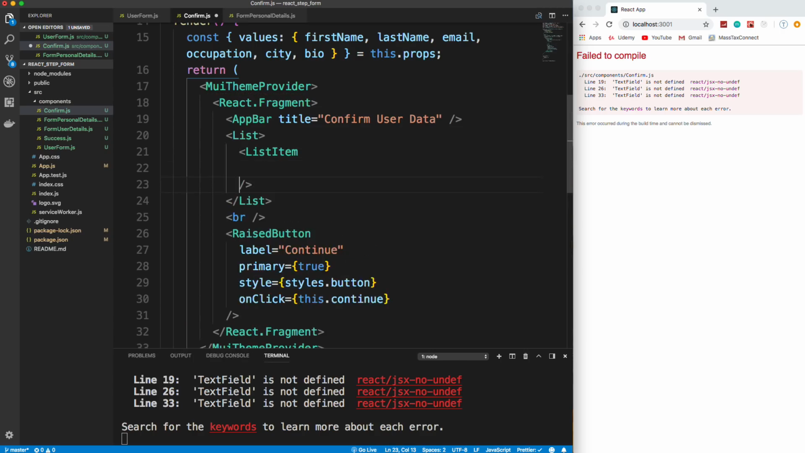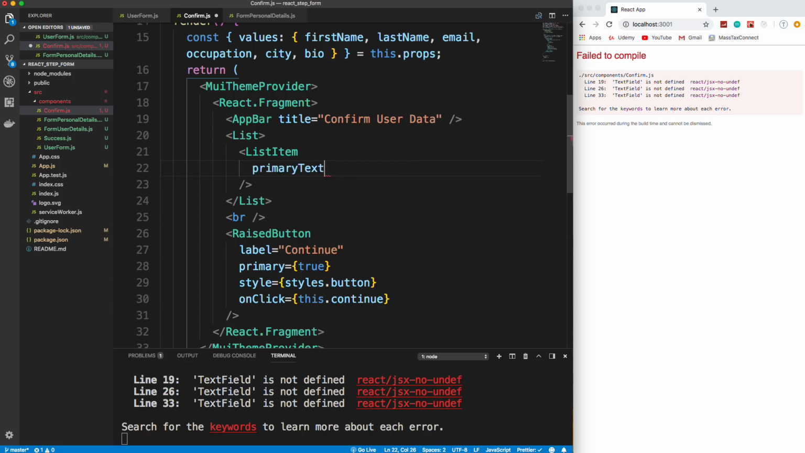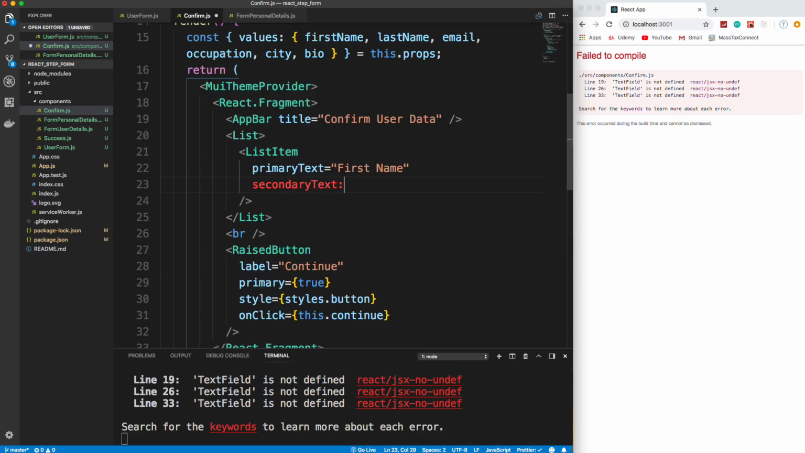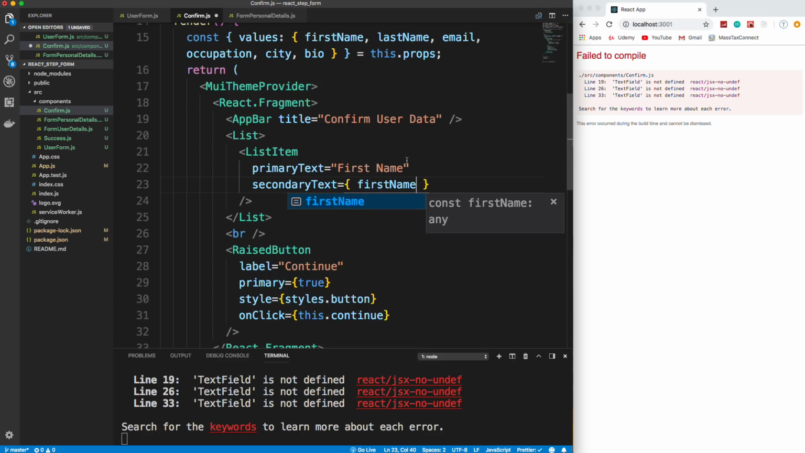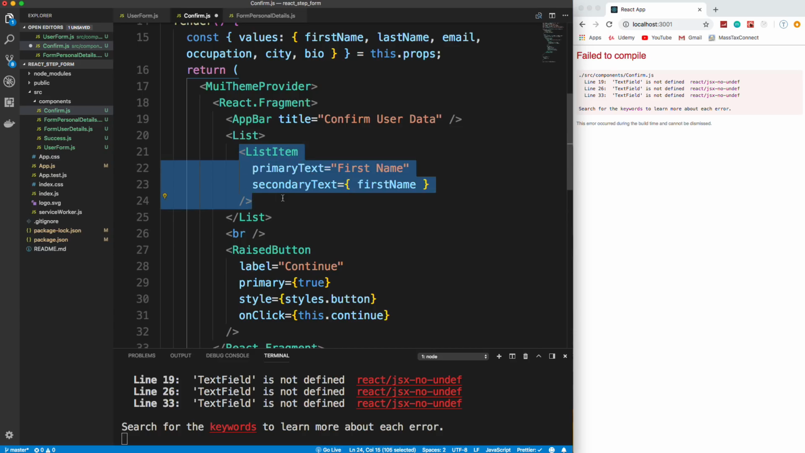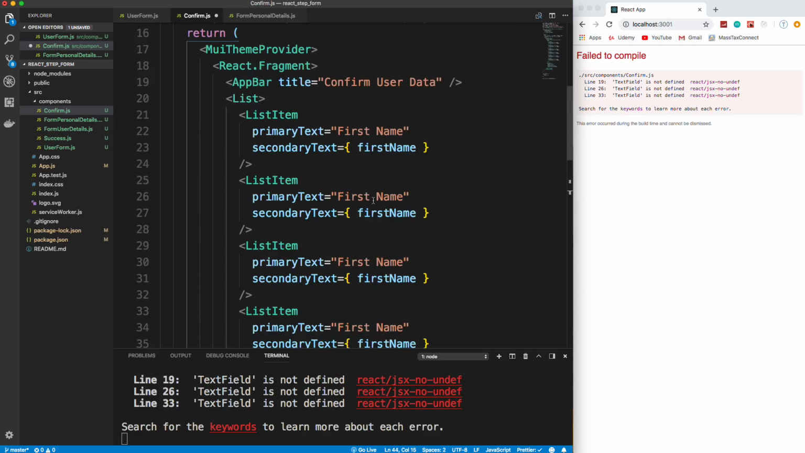Okay, now list item is going to have two things. The way that we're going to do this is it's going to have primary text, which is going to be the label. Oops, this should be an equals. This is going to be the label, which is going to be first name. Okay, and then we're going to have secondary text, which is going to be the actual data, which we're going to get from the variable of first name because we pulled that out of the values in the props up top. Okay, so I'm just going to copy this list item because we have one for each. So that's first name, last name, email, occupation, city, bio. Okay, then we're just going to change these up. So that's going to be last name,